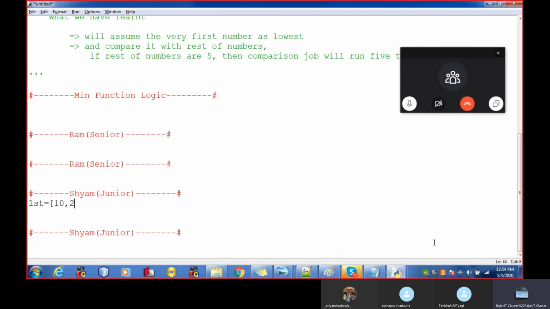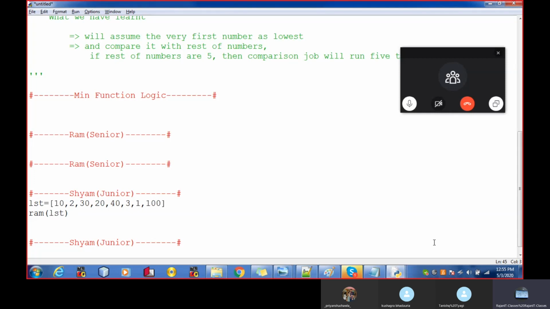In the list, 10, 20, 100, something like that. So we have these values inside the list. Sham doesn't know how to get the lowest value. Obviously Sham will call the Ram, so Sham is calling the Ram and passing the list, and the Ram will check the list and return the lowest value to the Sham.